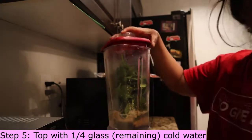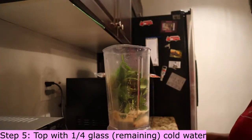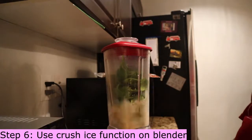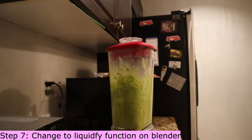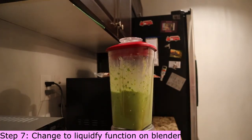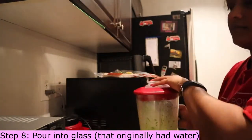If I didn't have frozen bananas, I would use ice or other frozen fruit to get that texture that I'm looking for. And then I add in basically 3/4 cups of water, and after that I add in my protein powder just so that it has something to stick to, basically the water instead of the blender. And then I add in a bunch of spinach because honestly you really can't taste it, although the color does change to green. And then when I actually start the blender, I make sure to put it on crush ice